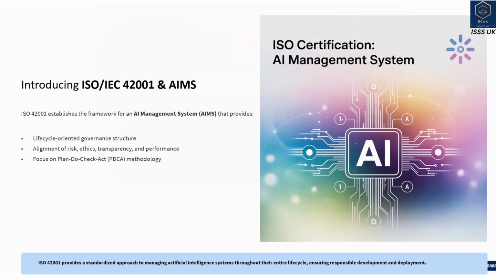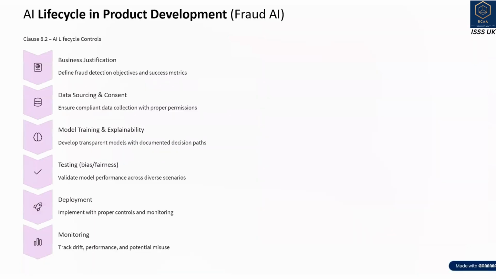That means you need to plan, then perform some actions, validate those actions, and then act accordingly, modifying or altering those changes. So this is a very important ecosystem, right? As we talk about the AI lifecycle in product development, for any lifecycle in a product, you need to understand how to control the frauds from an end-to-end perspective.